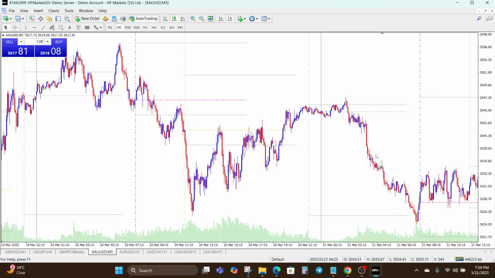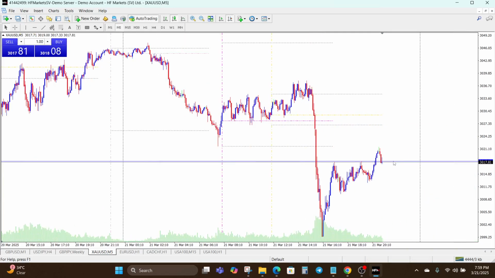Then the future session is the one in gray. It actually prepares traders for upcoming market activity. That's a session that has been identified by the indicator. All right, that's the indicator's doing. Okay, so this indicator actually helps traders understand when to trade, which sessions are most active, and where key price